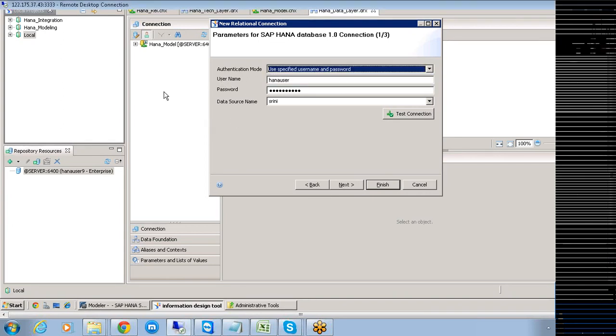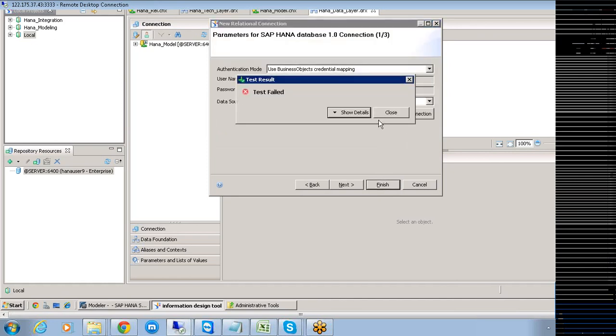Otherwise, if you have specific credentials when you are connecting to Oracle, SQL Server, Teradata, or to this particular SAP BW system or SAP HANA system, and those credentials are different from the credentials you use for logging into this particular HANA system, then you need to use your specific username and password. And in case the database you are trying to connect to doesn't have any credentials, and you want to use the business objects credentials itself to log on, then we can specify use business objects credential mapping, Vijay. Clear to you, right? Thank you. Yes, thank you.